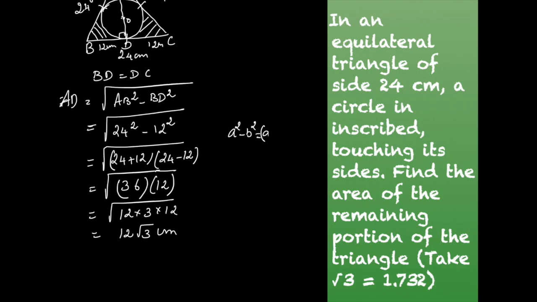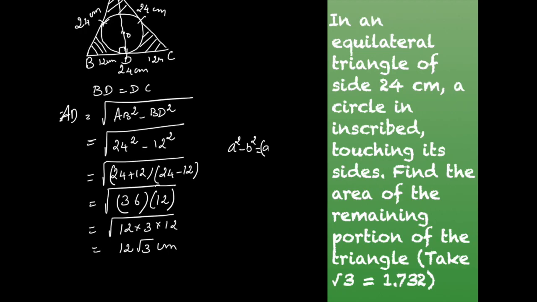Now, in the case of an equilateral triangle, here AD is the median. That means all the medians will intersect at one point, that is called the centroid. So the point of intersection of the medians of the triangle is called the centroid. In this case, that centroid coincides with the center of the circle, and the centroid divides the median in the ratio 2:1. That means if this is two parts, this is one part. We have found out the three parts, that is AD. So AD is equal to 12 root 3. That OD means 1/3 of AD, isn't it? OD is the radius of the circle.